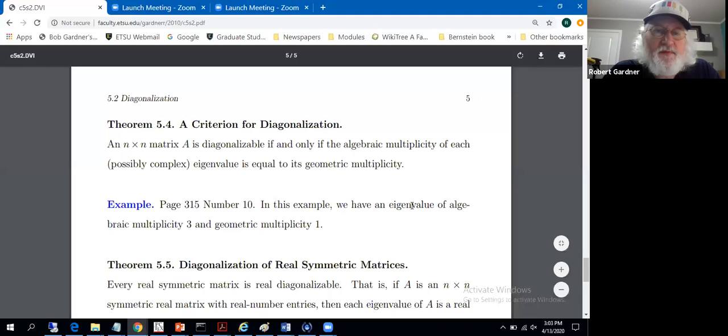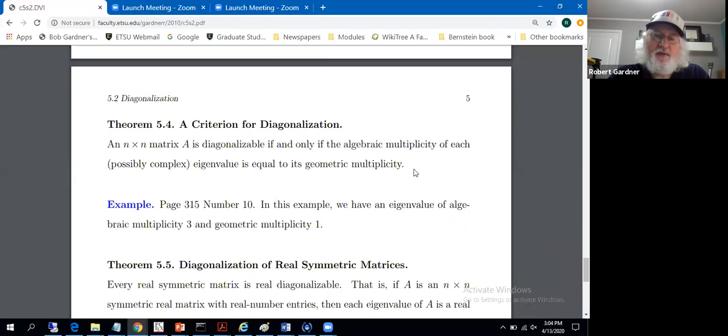Something more useful is the following. An n by n matrix A is diagonalizable if and only if the algebraic multiplicity of each eigenvalue is equal to the geometric multiplicity of each eigenvalue. We might have eigenvalues being complex, might require eigenvectors being complex as well. Let's gloss over that. See chapter 9 for more details on complex stuff. But this means, in some sense,